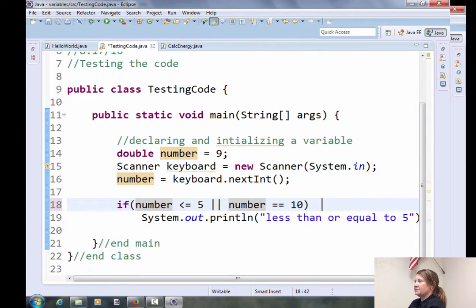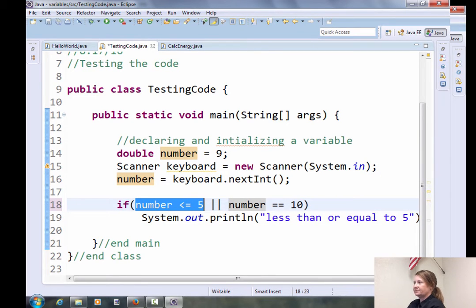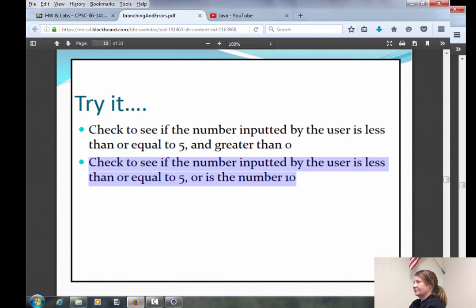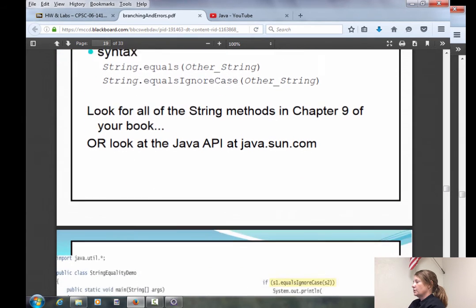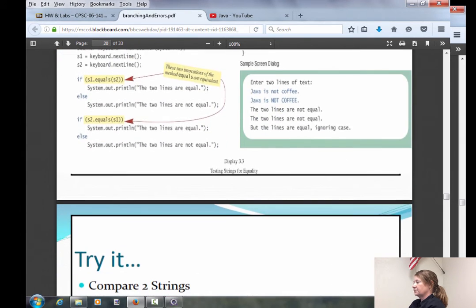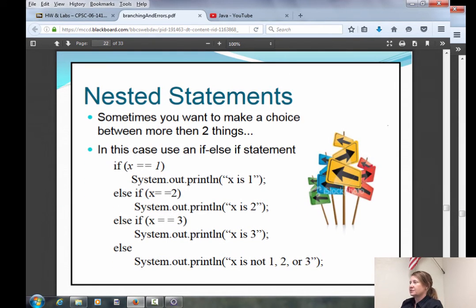Obviously, if I typed in 10, it would be true. Or if I typed in 5, 4, 3, 2, 1, or any negative number, it would be true. Or even the number 0 would make this true, because in an or statement, only one part of it has to be true. We'll get into strings next week, so I'm going to skip the string ones.